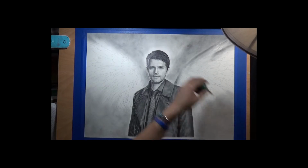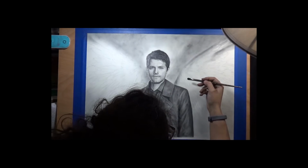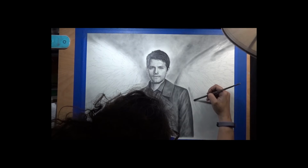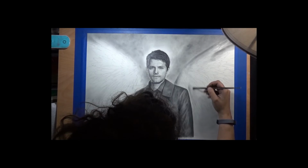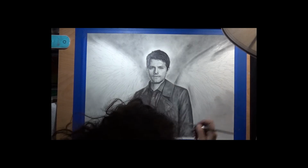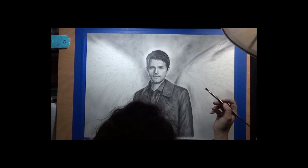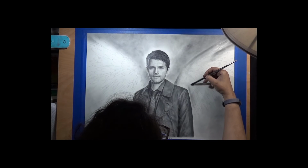Because those are blended with charcoal and graphite, that works okay. 9XXB is another pencil I have that is also very dark, but it's got a heavy amount of charcoal in it, and it's very tricky to use. That's something I teach people to use when they're at a certain level or for a very specific effect. I don't really recommend people using that unless you know what you're doing, because it's tricky. And the main part of that is that if you're going to try to use charcoal, straight charcoal or even a blended one like that, with graphite also in the same drawing,